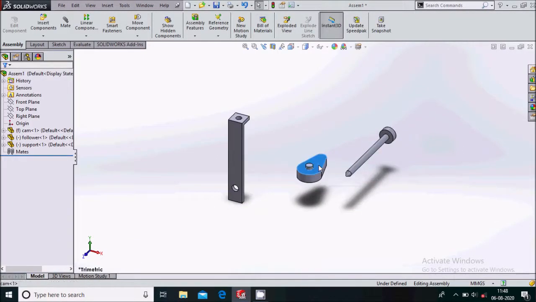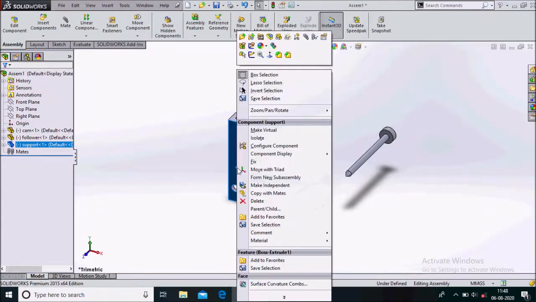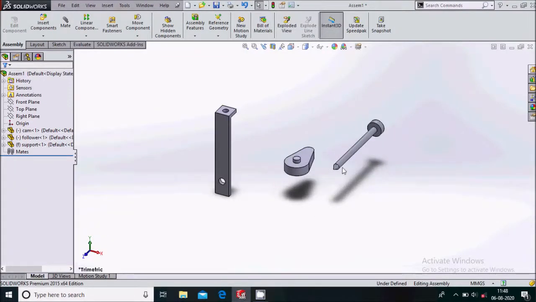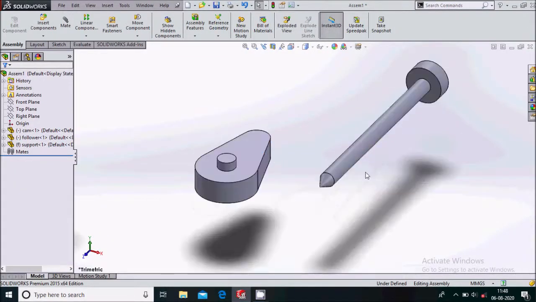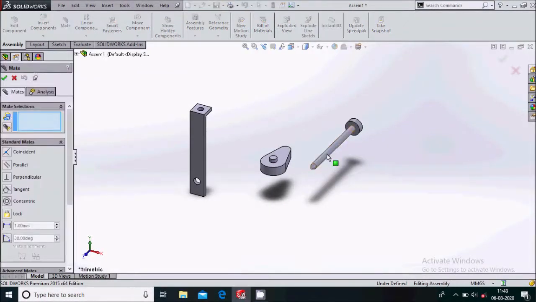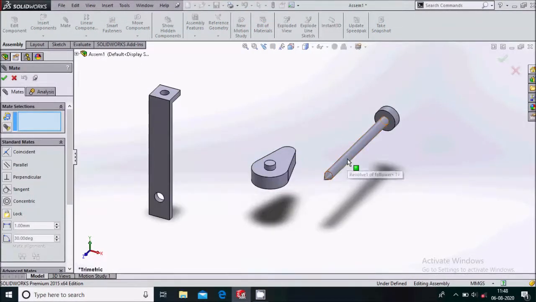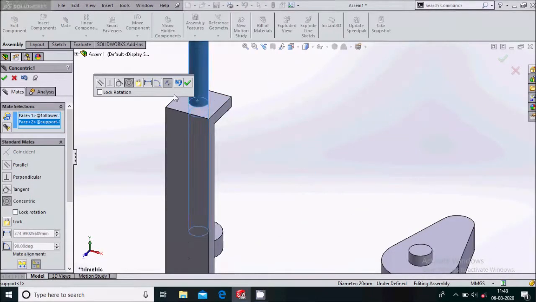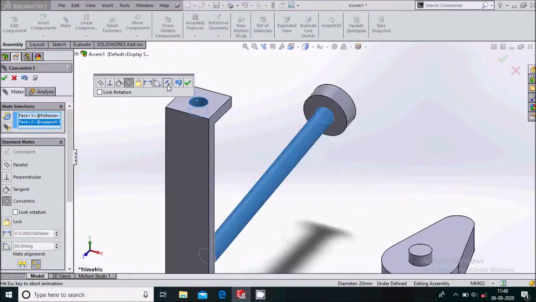So this should be, right click on it, make it float, and this should be fixed. So right click and make it fix. Okay. Now what we'll do over here, see, we'll go to the mate, right, select this face, cylindrical face, and this inside face, and make a flip side mate.